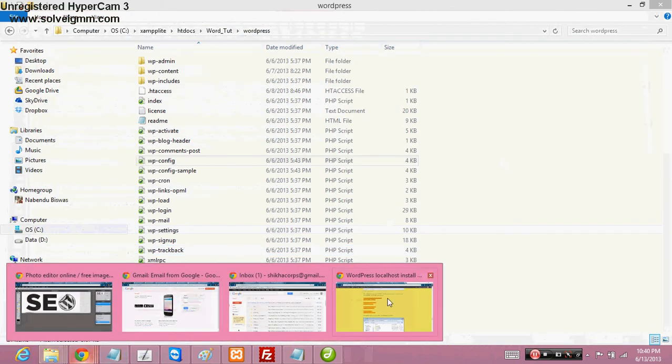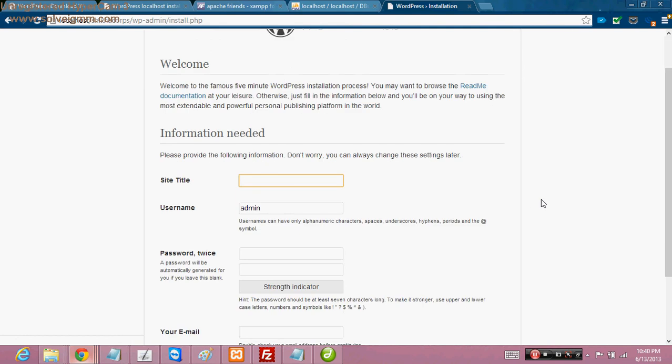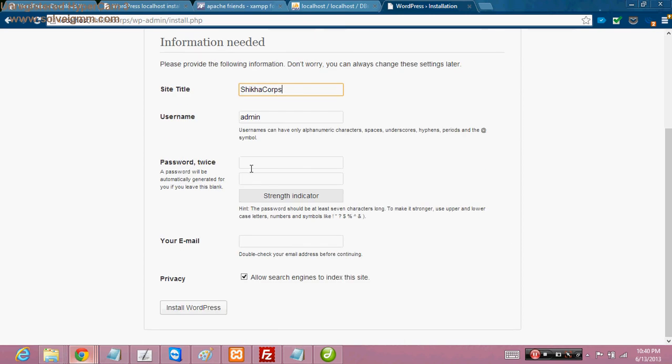Now I will again go there, localhost slash Shikha Cops, and see the famous WordPress installation is there. Site name Shikha Cops, username. Now this is admin. I will give something which I will remember.